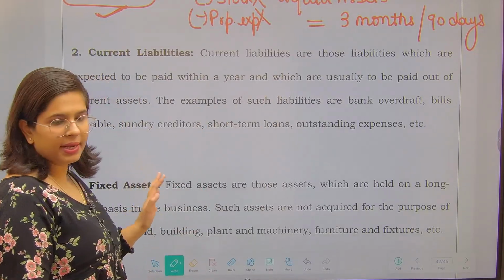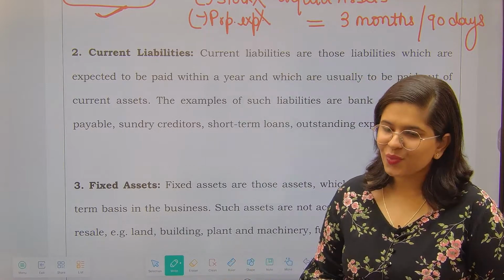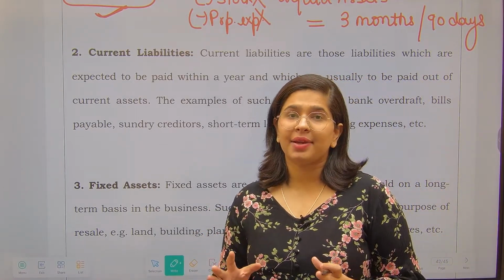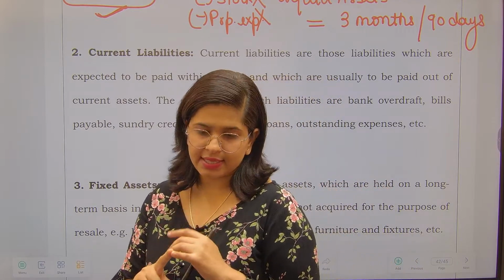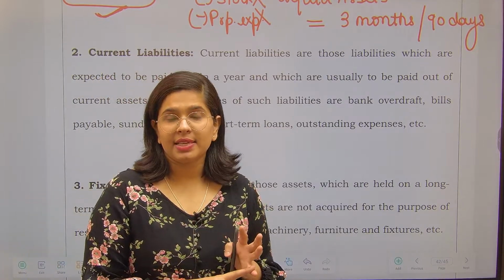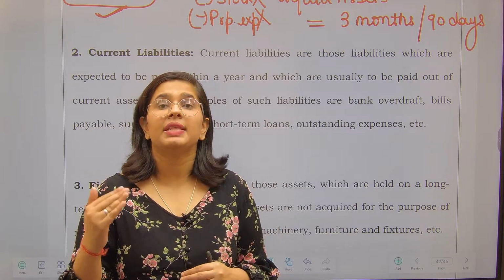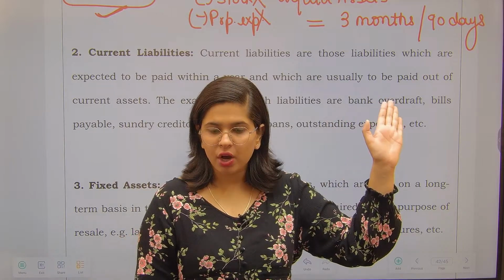Now in current liabilities, there is no such concept of liquid liabilities, right? There is just one concept of current liabilities, and it means what? All such liabilities which you need to pay within a year, like rent expenses, एक साल के अंदर ही पे करने होते हैं, ठीक है? Salary expenses, you have to pay within a year. Any other kind of outstanding expenses that you need to pay within a year,